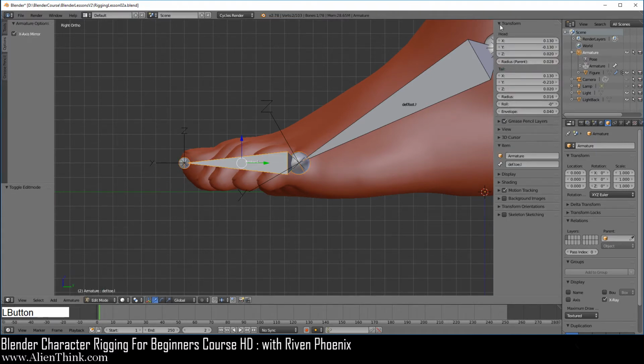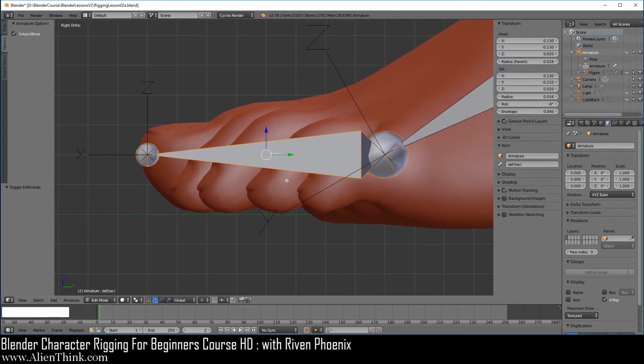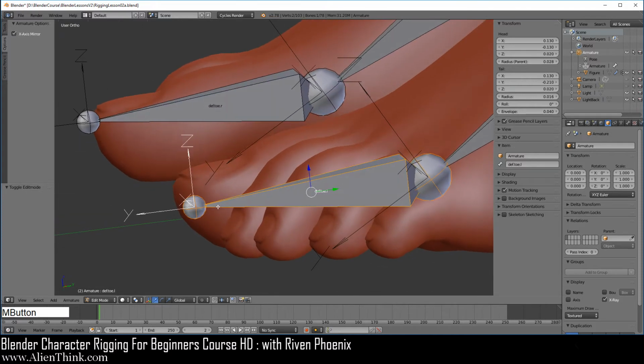Go ahead and open up the transforms, and we want to take a look at the bone rolls. Now, as I've said, what we want to do is basically point the z-axis when it comes to the toe bone, making sure that it points up. So what we can do is simply just hover our mouse over the z over here, do Control C, and then hover it over here, do Control V, and over here you'll see that when we type in 0, if I do the middle mouse button, the z-axis is pointing up. And if we want to point the z-axis down, we can just do 180 and enter. Okay, so we want the z-axis to point up. You can type in 0 and enter.